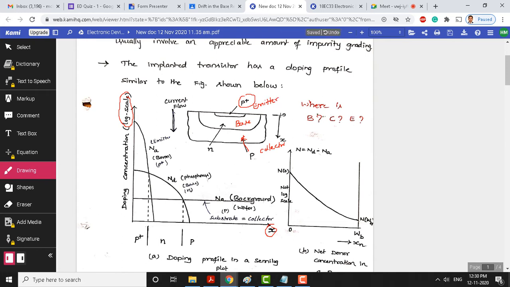The distance, you can see that we are measuring from the emitter side to the collector side. This is the distance as you are seeing here. So, the distance is 0 here, and we are moving like this in the actual physical structure. Other things, the current flow will happen from emitter to the collector. This is the direction of current flow what you are observing here. From the emitter, from this region, current flows like this within this structure. Okay, all right. This is what the doping profile graph shows you.